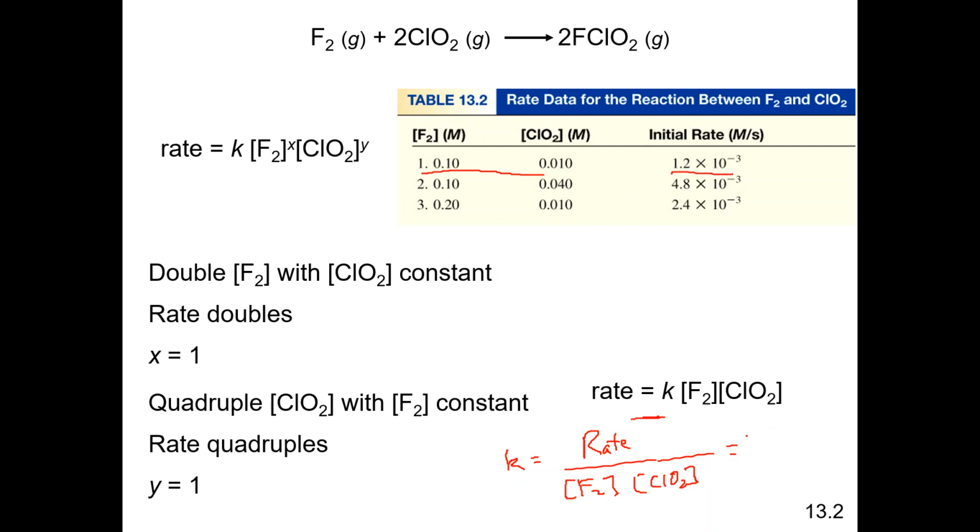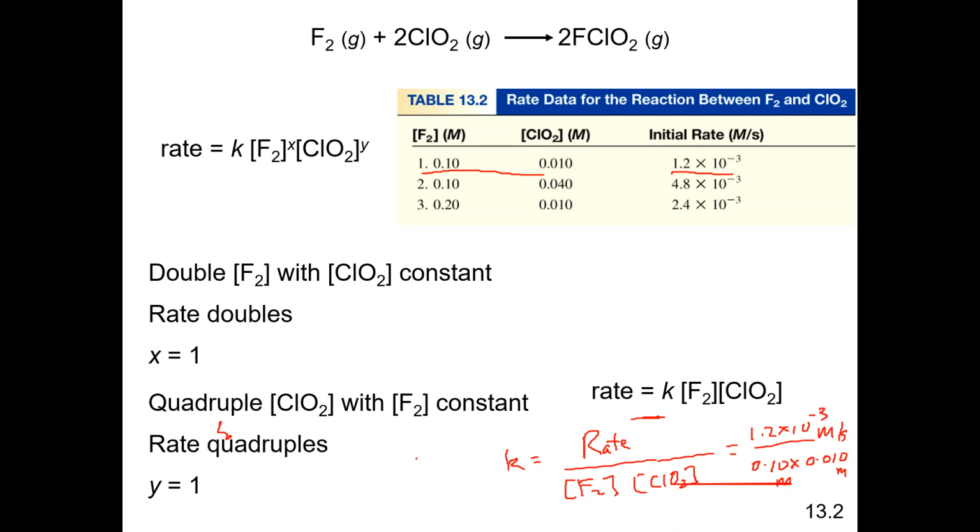So the initial rate for the first set would be 1.2 times 10 to the minus 3 divided by 0.10 times 0.010. This is M over S. This is M as far as the units are concerned. So let me do this on my calculator. So 1.2 times 10 to the minus 3 divided by 0.1 divided by 0.01. And according to my calculations, this works out to be equal to,